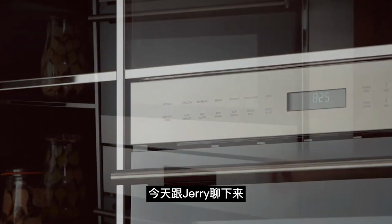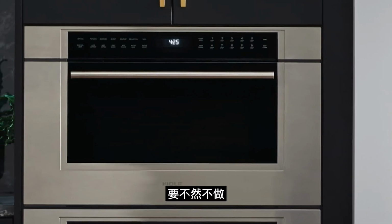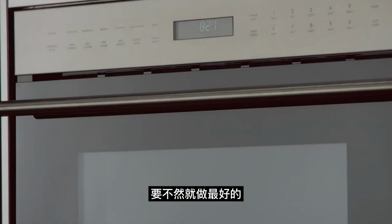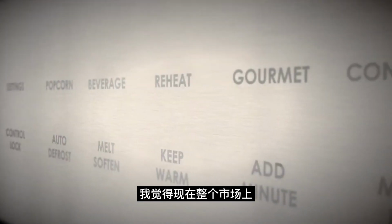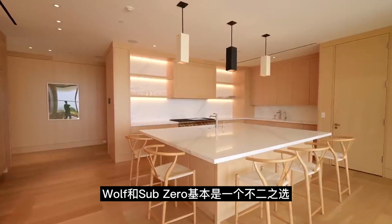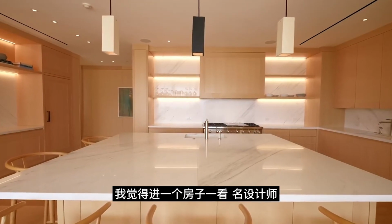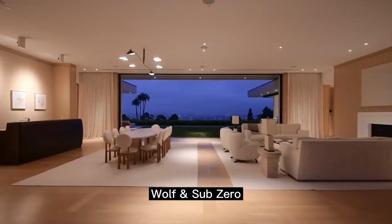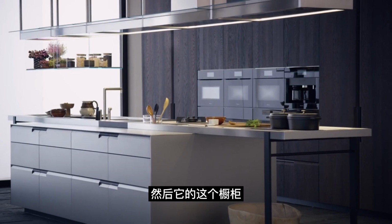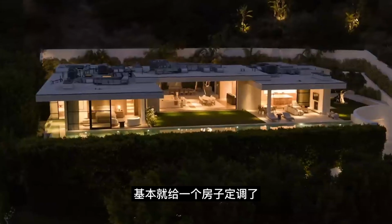今天跟 Jerry 聊下来，最大的感触就是这个牌子的一个态度，要不然不做，要不然就做最好的。我觉得现在整个市场上，如果让我去盖一房子、装修一房子，Wolf Sub-Zero 基本是一个不二人选，是一个不可替代的东西啊！我觉得进一个房子一看名设计师 Wolf Sub-Zero，然后它的这个橱柜啊，还有窗户用的什么牌子或者什么质量的，基本就给一个房子定调了。